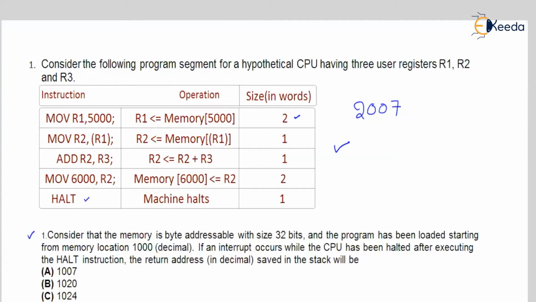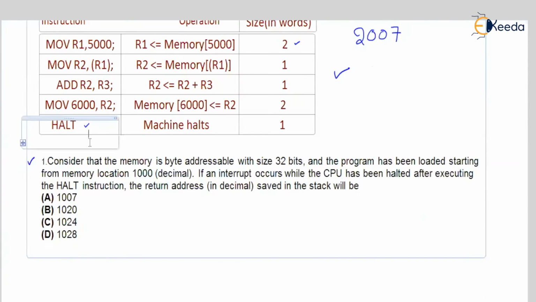When one program gets executed and one more program is awaiting, this halt instruction will put the CPU in a halt state till the next program gets loaded. Okay, when there is no program to get loaded, CPU will be indefinitely in the halt state. Okay, so this is the complete program. And now just have a look at this question.